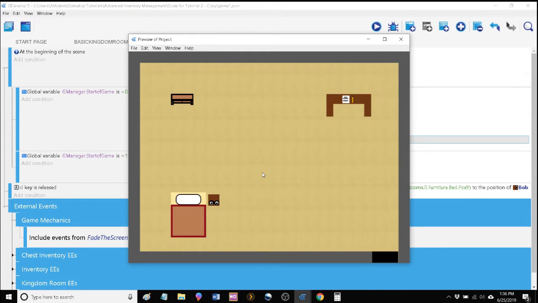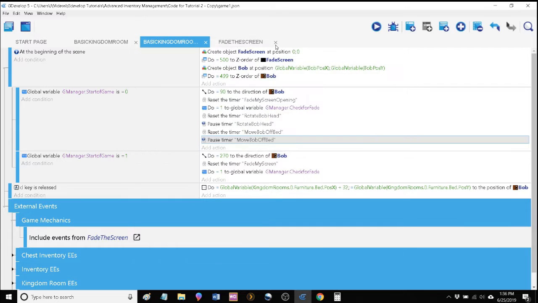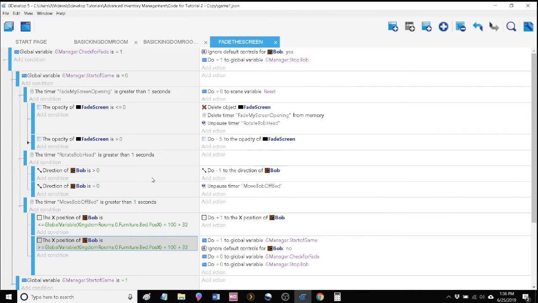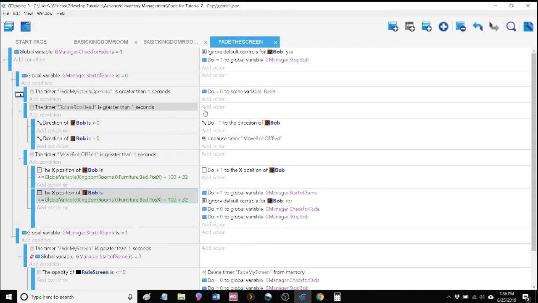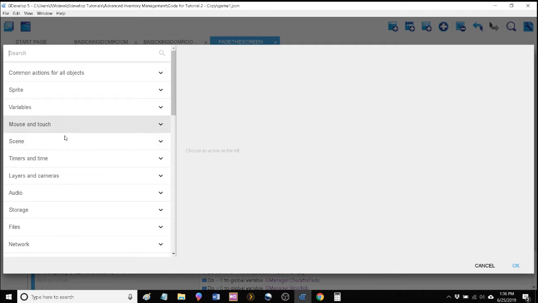We might change a little bit more, but for right now, I think that's plenty for you to understand that you can link timers in order to create the effect that you want. Okay, you just have to keep track of when you're pausing, unpausing, and deleting. And maybe that's the last thing here I'm going to look at. I want to make sure that I deleted those timers because we don't need them anymore. So at the end of fade my screen opening, it unpauses this. So we don't want to just unpause this timer. We do want to go ahead and get rid of,